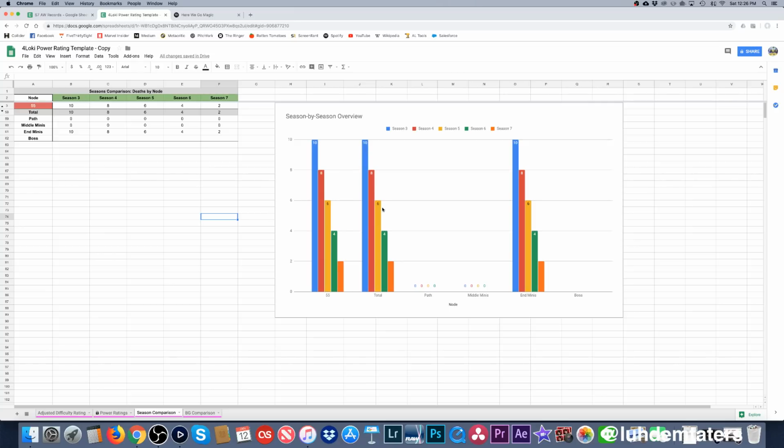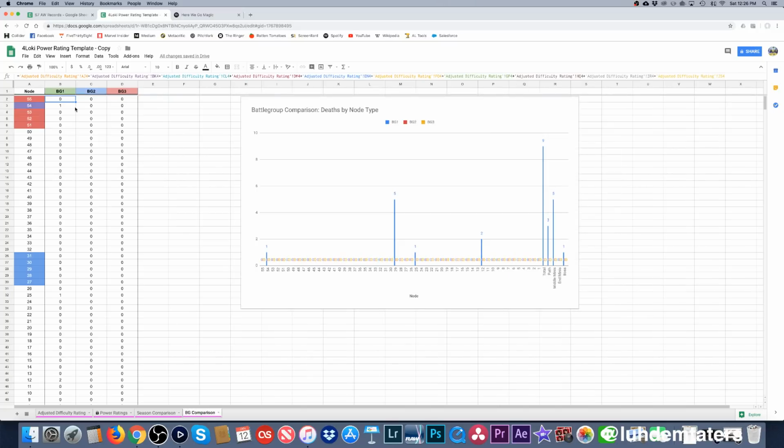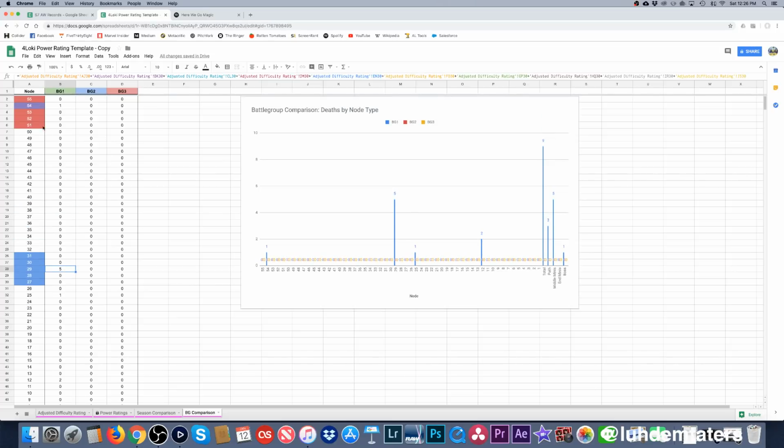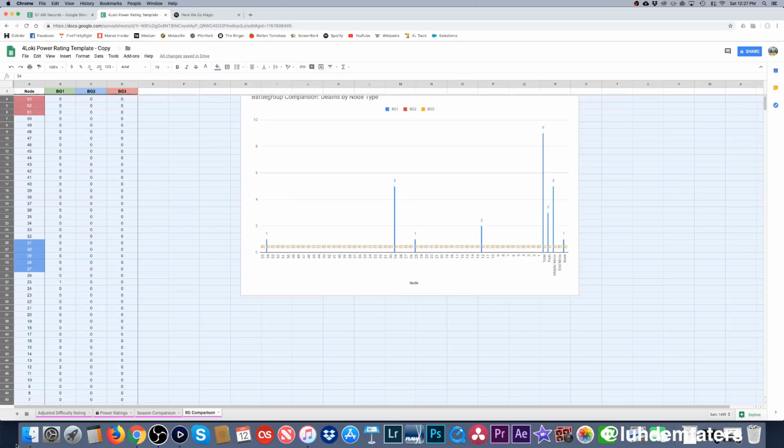We can see our growth season over season, which is pretty cool. And then we also do a BG comparison, a battle group comparison. So again, I've only input, you're not going to put in any values here, all right? These are going to be collected from the adjusted difficulty ratings sheet, all right? So I've only input data from battle group 1, but if I hide all this stuff, you're going to see